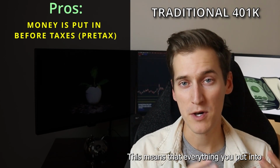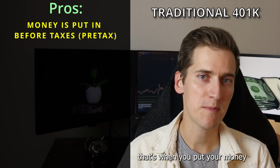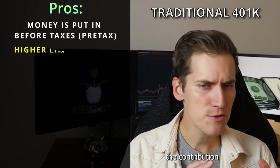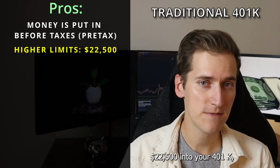This means that everything you put into the IRA is pre-tax. So before you pay any taxes, that's when you put your money into the IRA. The big difference here is when it's time to take the money out, that is when you're taxed on your retirement money. Number two, the contribution limits do change quite often, but in 2023, you can put up to $22,500